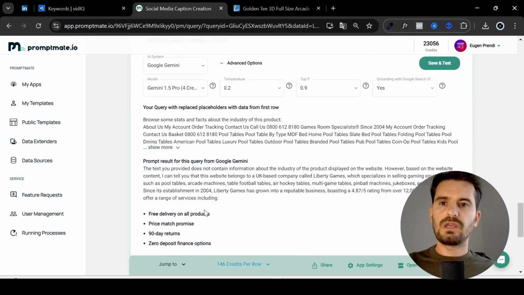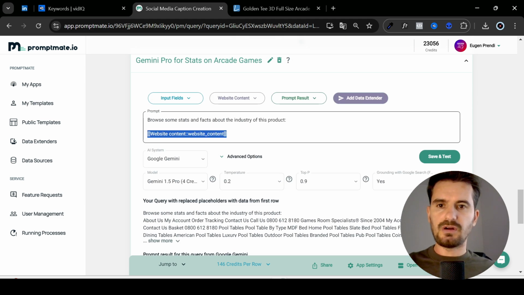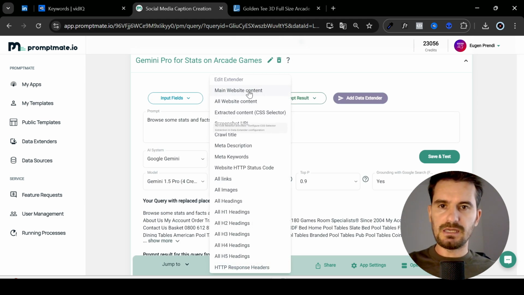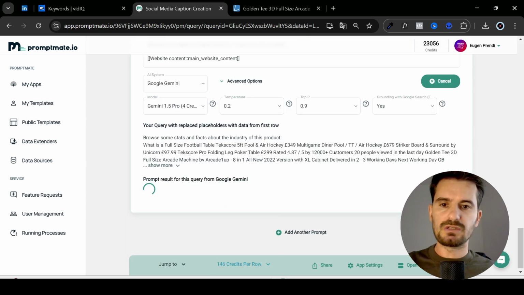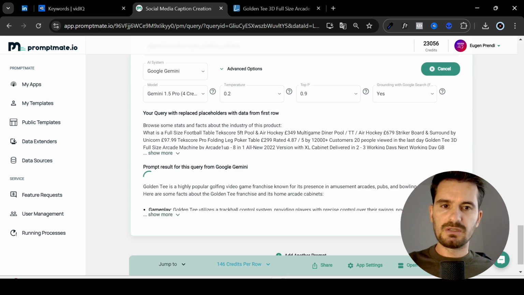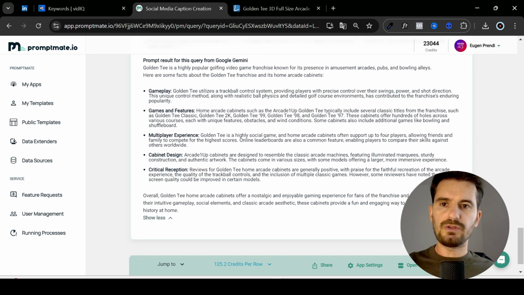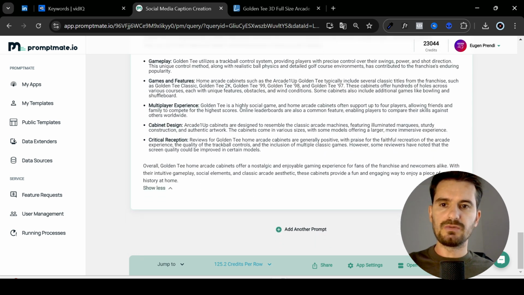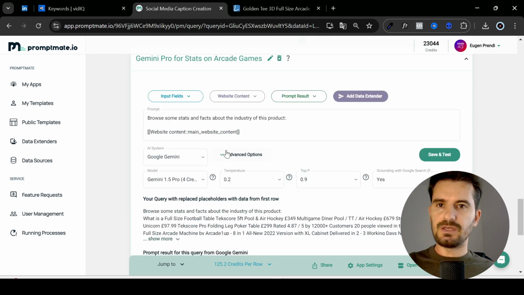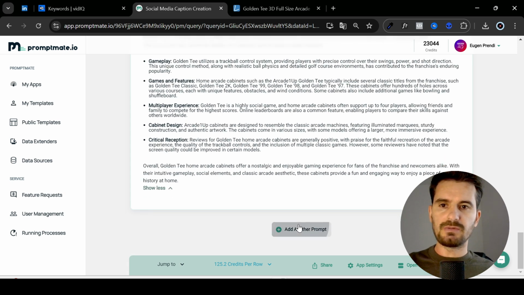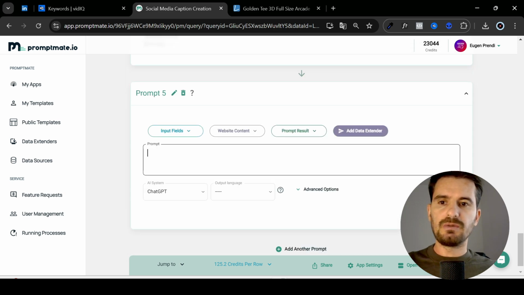Let's try both. Okay, it gave us stats about the company that sells them. Let's say we do main website content, just use the caption. There you go. It's now giving us some. So now if we want to do the caption better, what we can do is combine these stats about the product with the caption. So improve the caption with more stats and facts